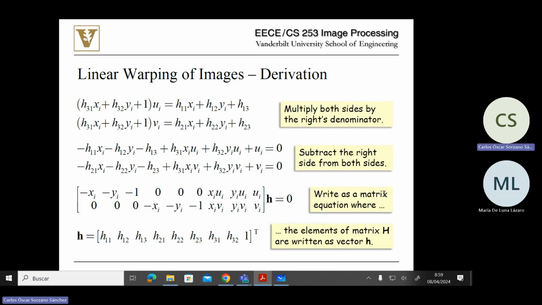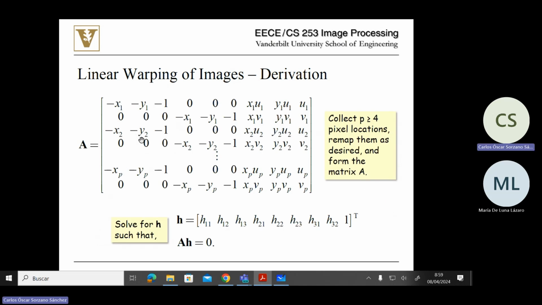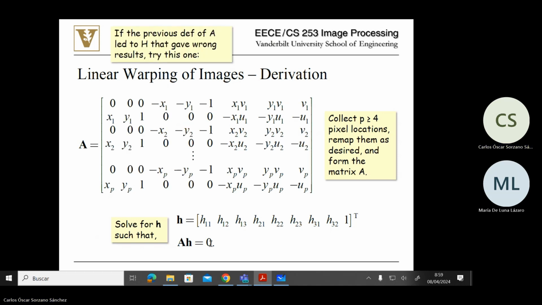Okay, so we have to solve for H in this equation system. And then you have all the pairs. Now you have this equation system, so all this A times H equals 0. This 0 should be a vector. Should be both. Okay,